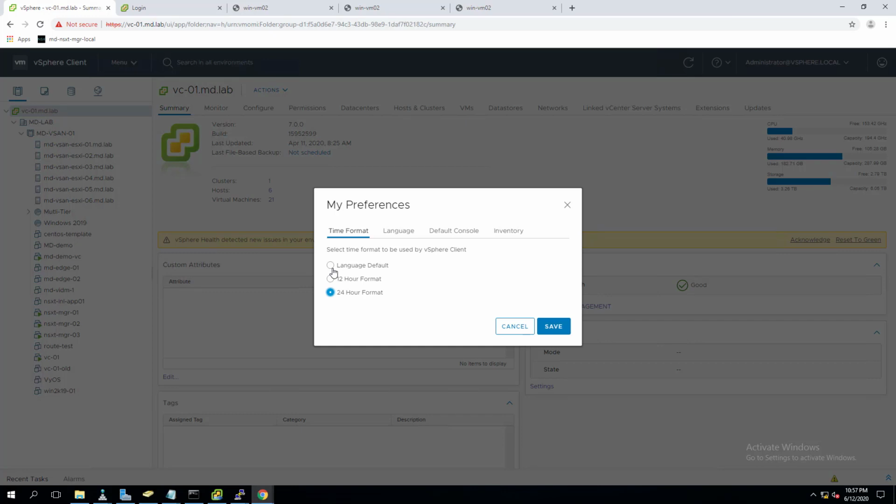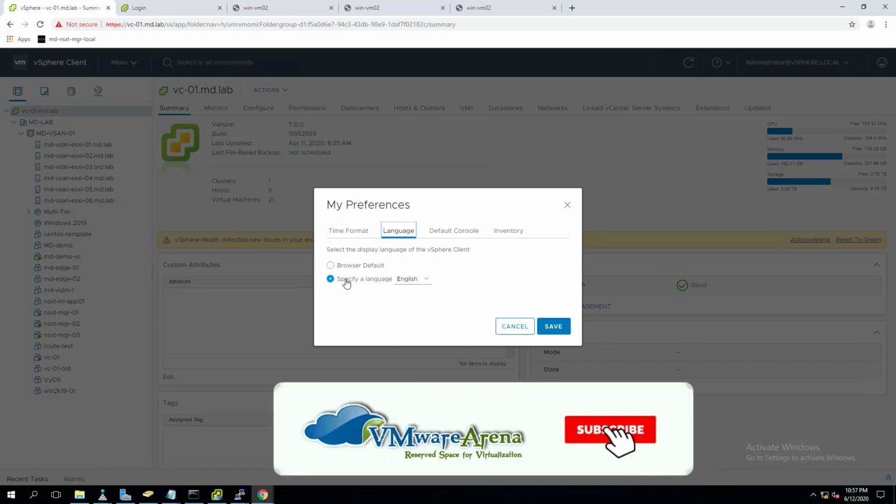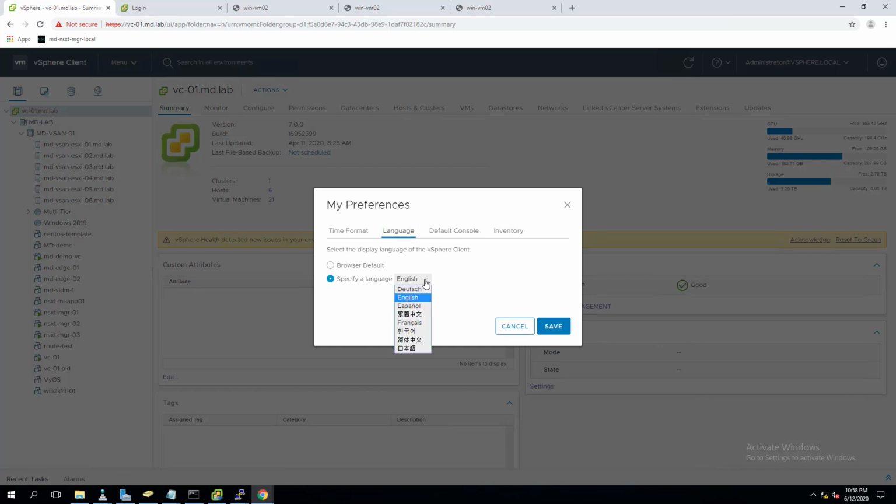After whatever customization we specify, the vSphere client will save the individual user interface customization. This is not a global setting applied at the vCenter Server level. These settings are specific to the user who configures them, so whenever that user logs in to the vSphere client, he will get all the preferences he configured here.